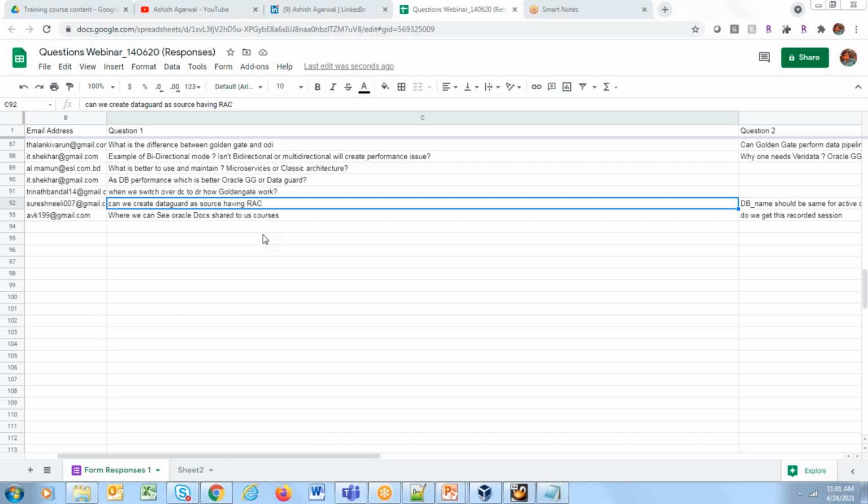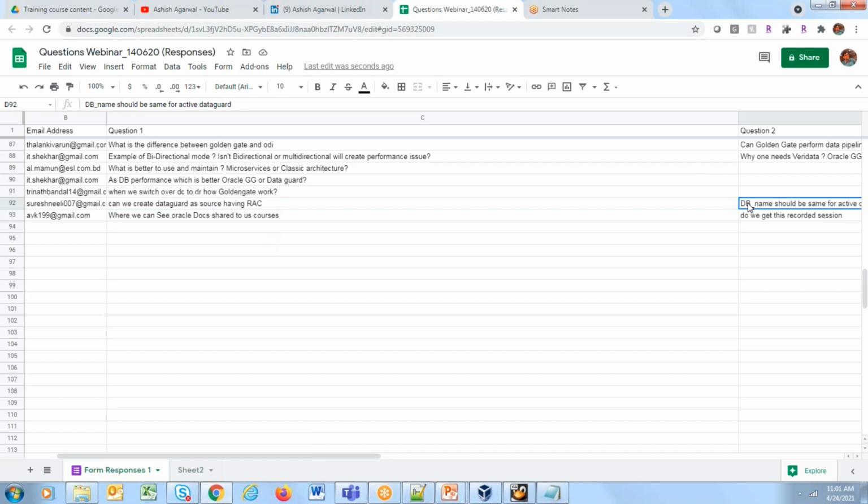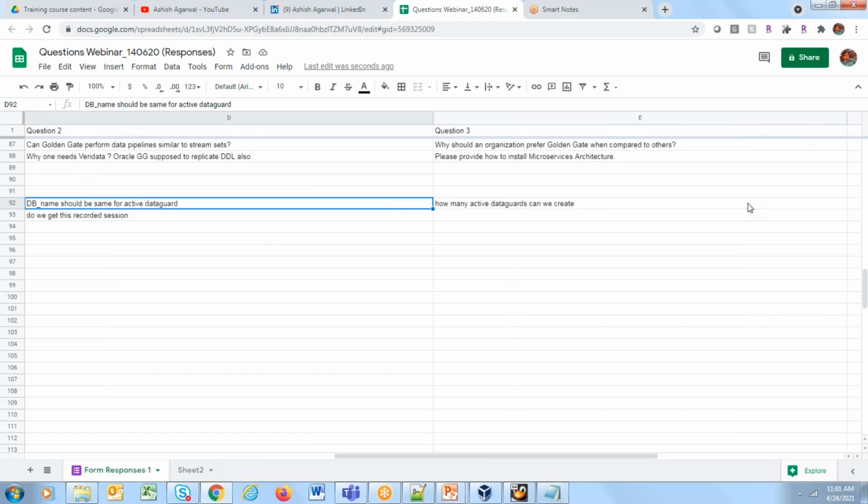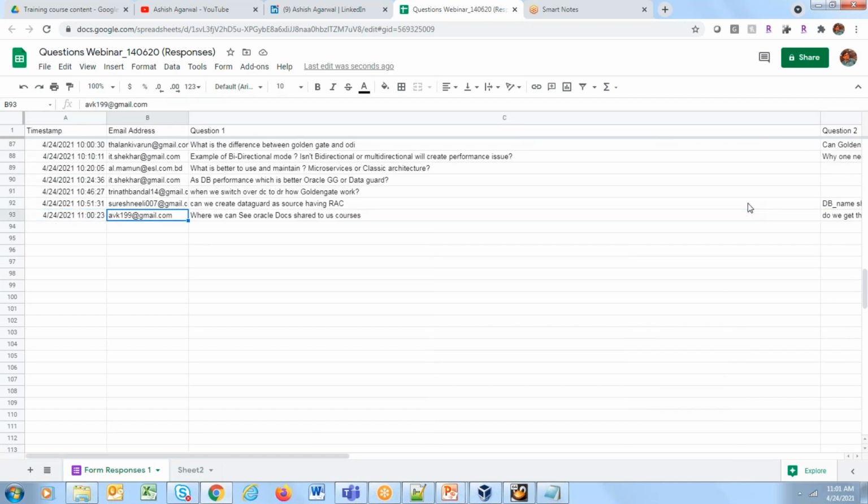You can do that. Okay. Now the DB name should be the same for active data guard. Yes. How many active data guards can we create? It depends on the licenses you have.